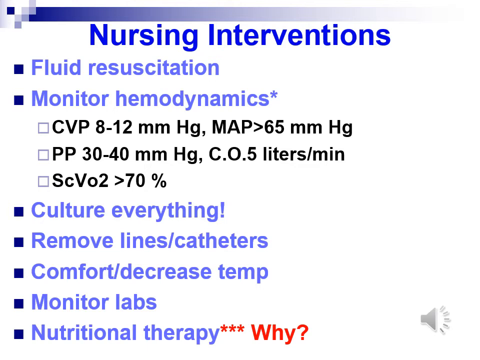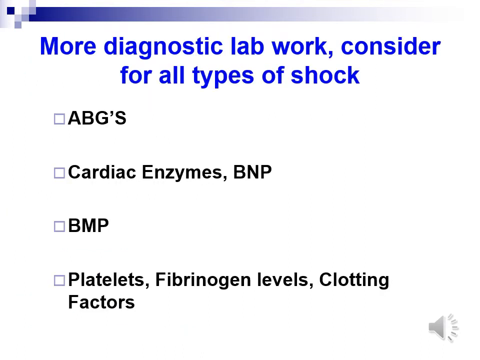We tend to go with enteral feedings over nutritional supports through IVs and central lines so that we decrease the risk of infection. Here's some more lab tests to think about. Certainly ABGs are important for any client in shock to see, kind of gauge where you are between an alkalotic and an acidotic state. Cardiac enzymes and a BNP,